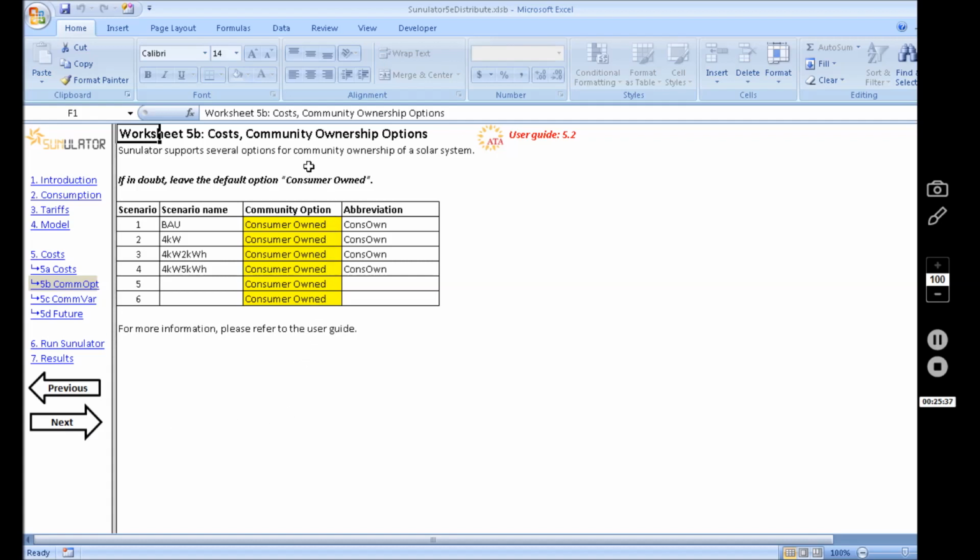Sunulator's original funding for its development was based on providing a tool for community energy projects and community solar projects to help them understand the economic and environmental benefits and feasibility of projects that they might be looking at. So to do that, we've allowed for a few different ownership options. At the moment, the default values in Sunulator is all just consumer owned, but we also have community owned, which